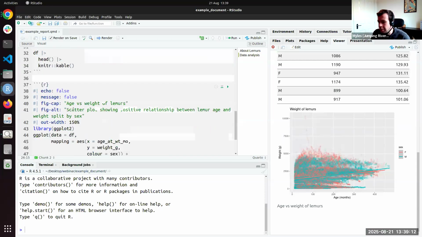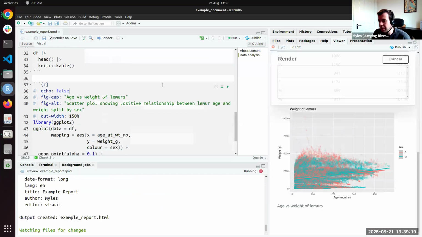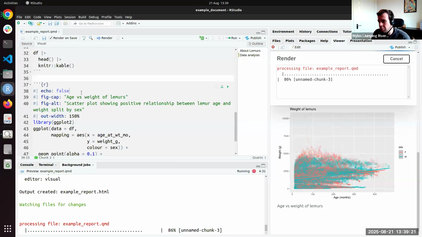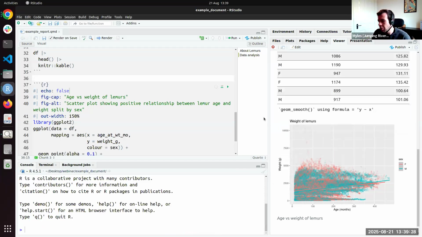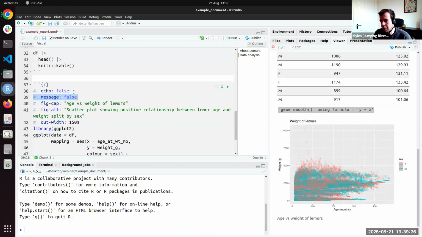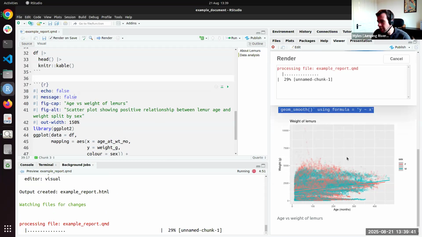One thing you might notice is I've also set this other chunk option. So I've set message to false. The reason for that is because if I don't set that option, what will happen is any output messages from running the code will then be printed into the document. So if you don't want any of the messages from the code being outputted, you can just include that option message and set that equal to false. So we get the plot, but we don't get this extra message being printed out.